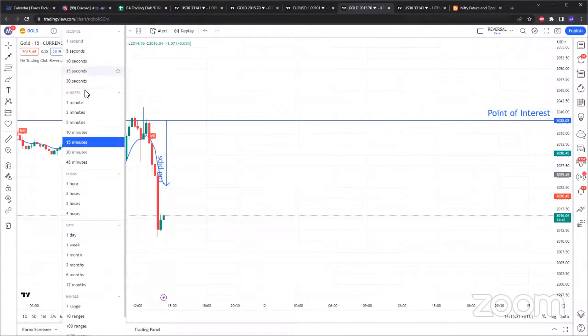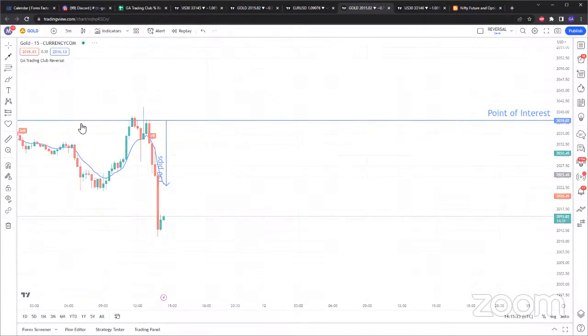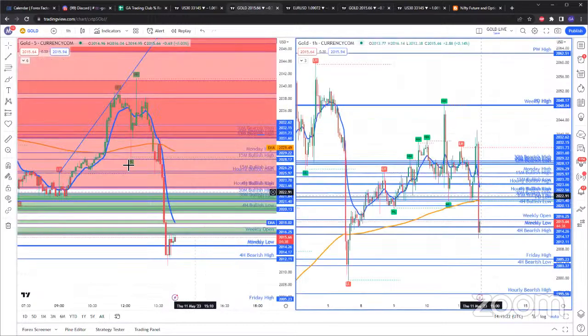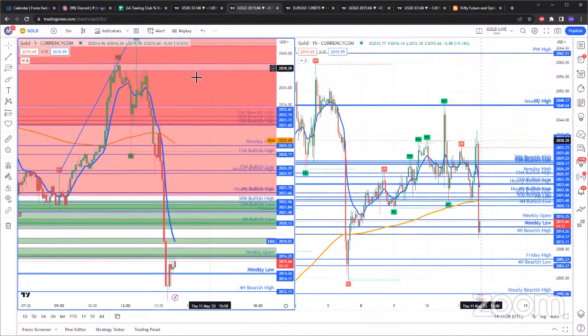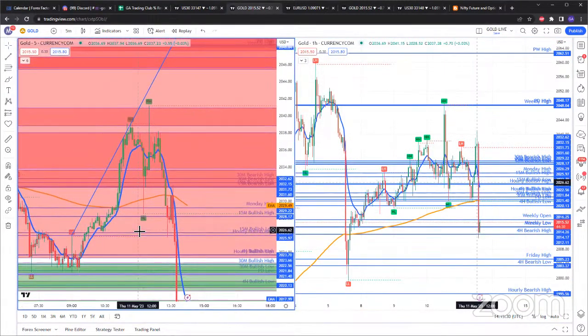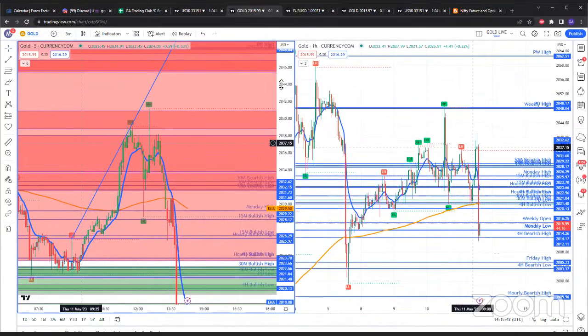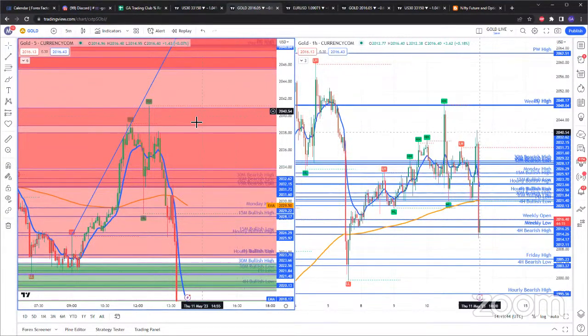So from 2034, when we went to like 2040, from there, like you said, there was a reversal. So that only happened during normal red folder news, not during FOMC and stuff like that, right? Oh no, no, it will happen even during FOMC. If you want to go back to days we've traded FOMC and whatnot, you'll see